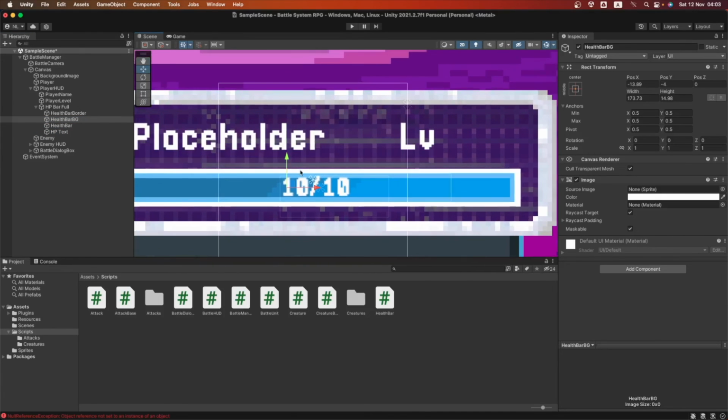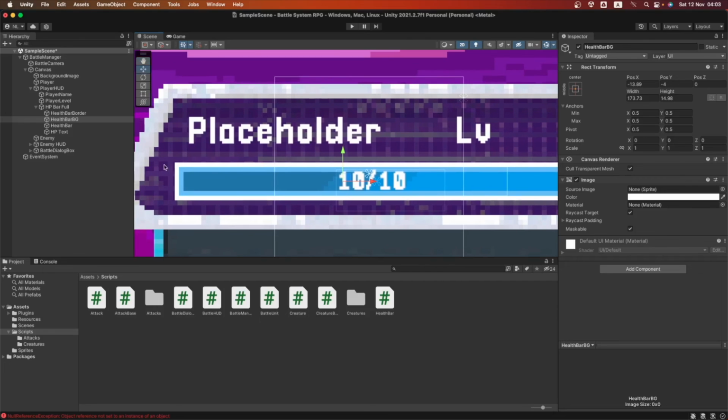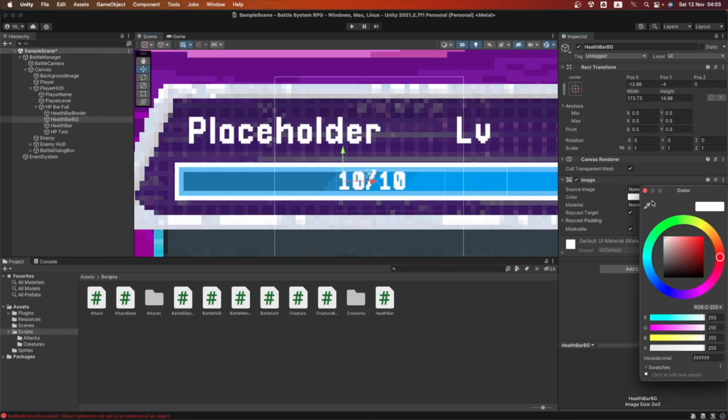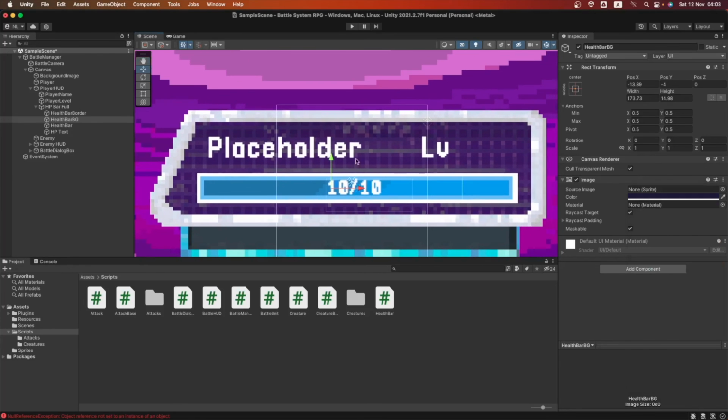Yeah, we already had built that one, and this is where we can change the color of this background to something that looks more suitable. I'm going to set it to this dark blue purple, and scale it up to the size of the blue health bar.